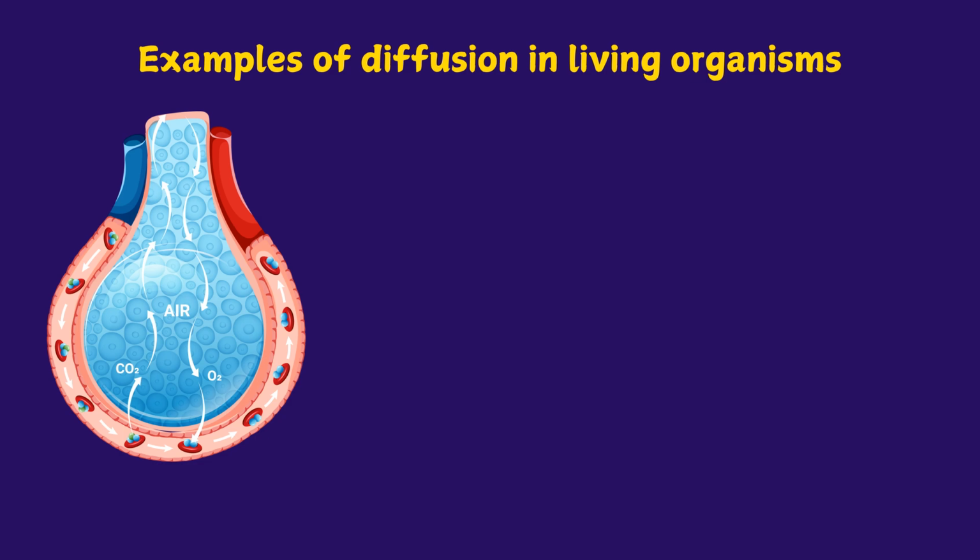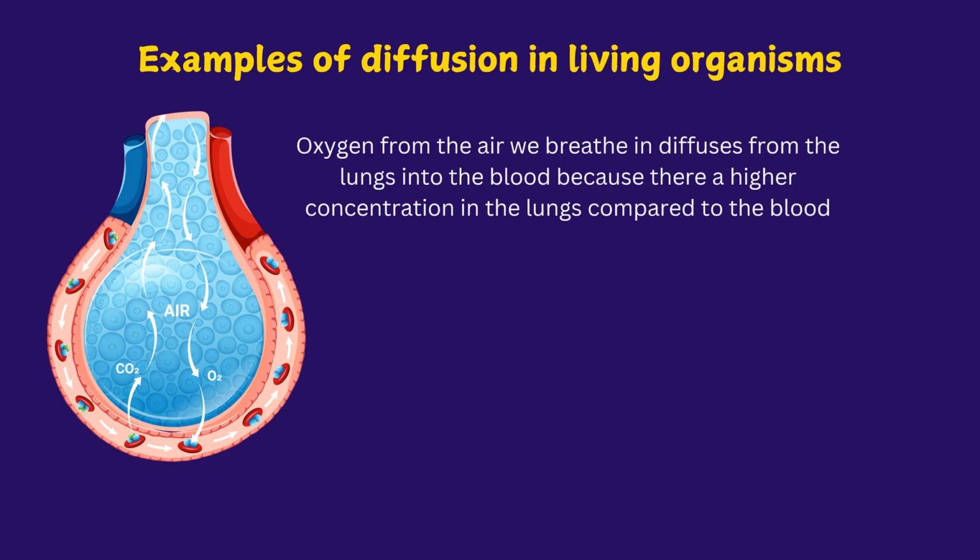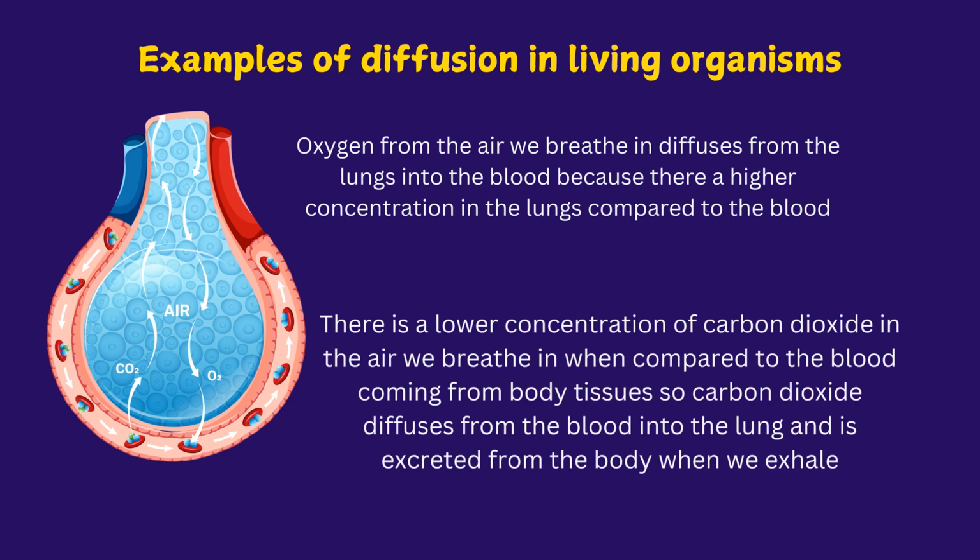Example of diffusion in living organisms. Let us look at gaseous exchange at the alveoli. Oxygen from the air we breathe in diffuses from the lungs into the blood because there is a higher concentration in the lungs compared to the blood. There is a lower concentration of carbon dioxide in the air we breathe in when compared to the blood coming from your body tissues. So carbon dioxide will diffuse from the blood into the lungs